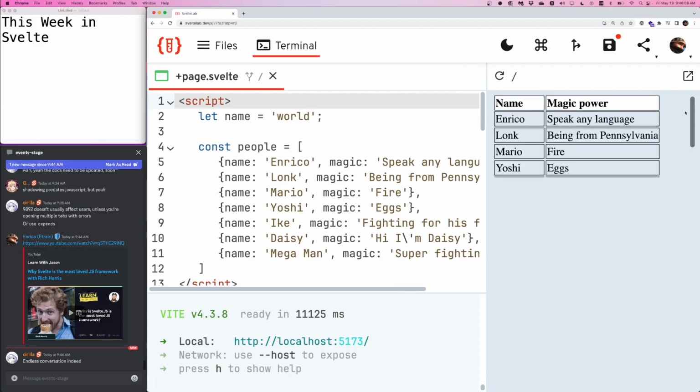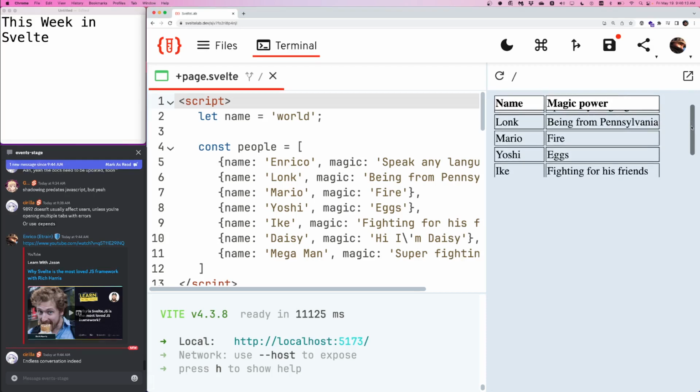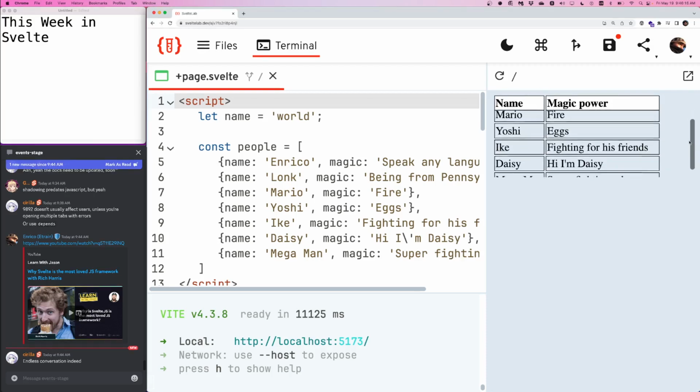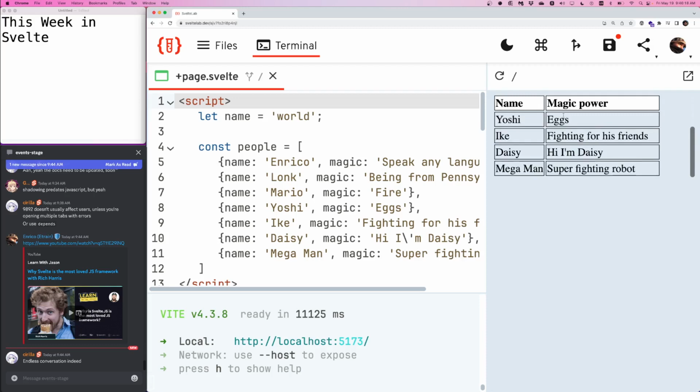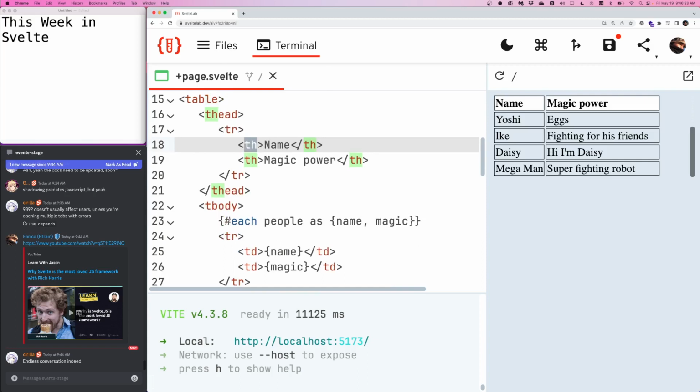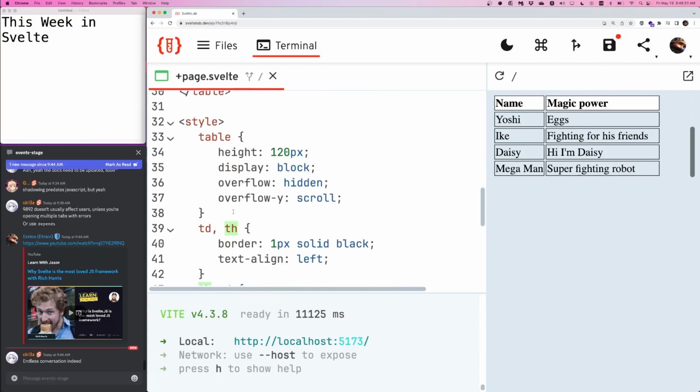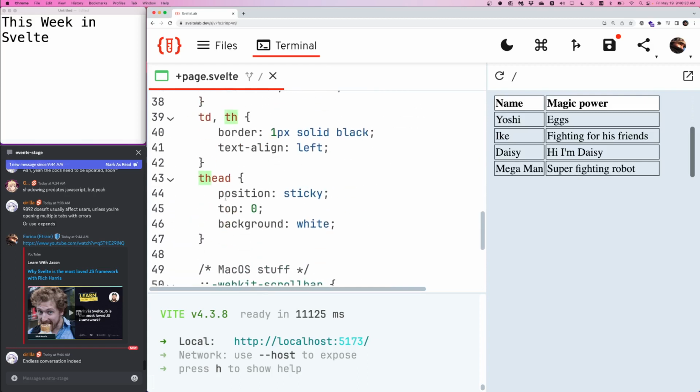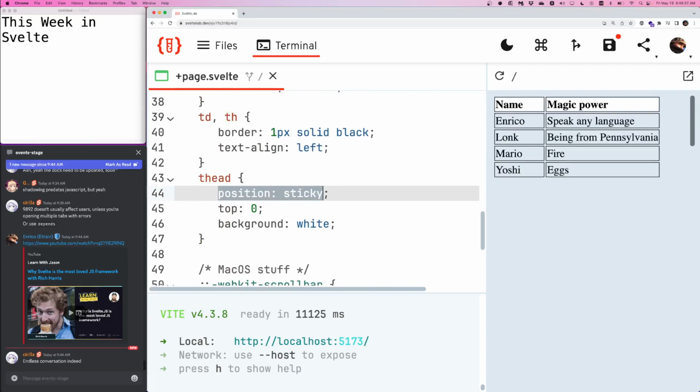So if you see on the right side, I have this table with 2 columns, and if I scroll down the header is sticky, and it's good. And it's also accessible because the semantics of the table is described ordinarily. I have my thead, my tr, my th, everything is in their correct place. And despite using this CSS, position sticky on the thead, not only does the CSS work, but the semantics are still valid. So if I inspect this,